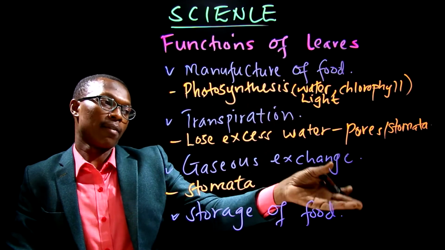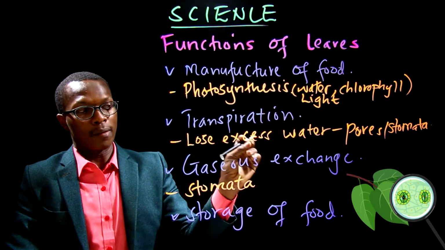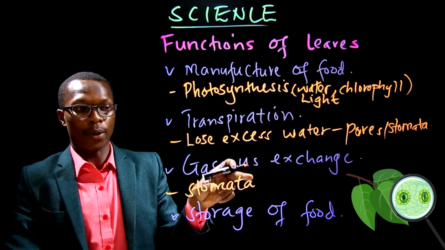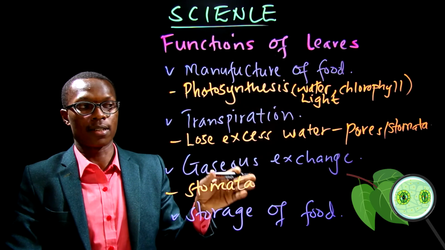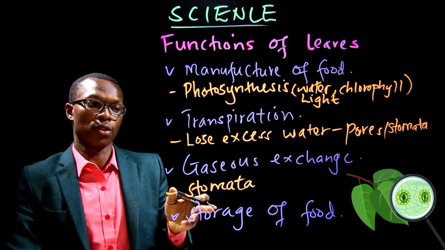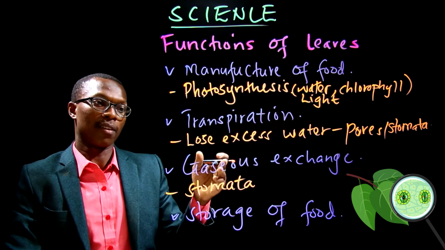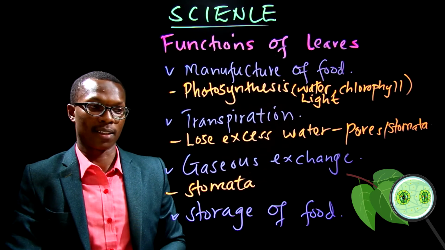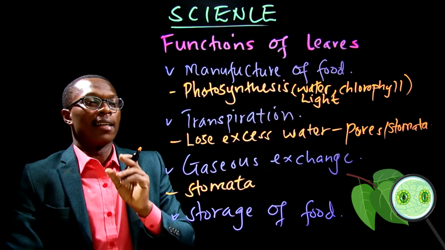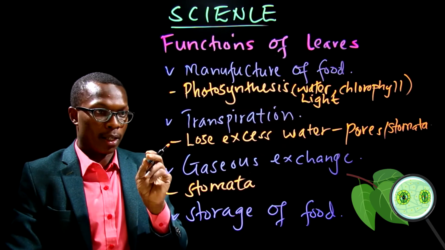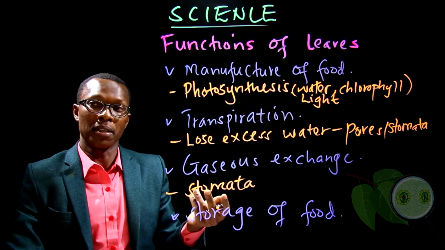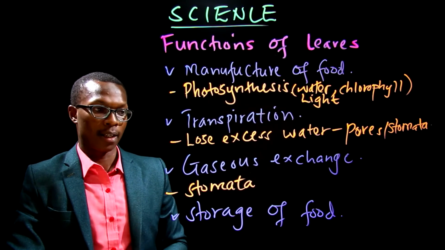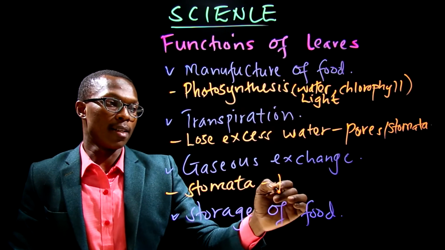So we have the leaf, you can see the leaf there. We have those small holes, yeah? Those are the stomata, and that's exactly where the gaseous exchange takes place. Or we can also say the exchange of air or gases takes place through the stomata. Now, there is one term that you can always find maybe during an exam, so you need to remember it. That scientific word is